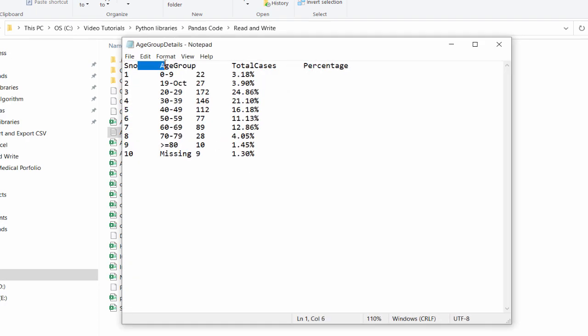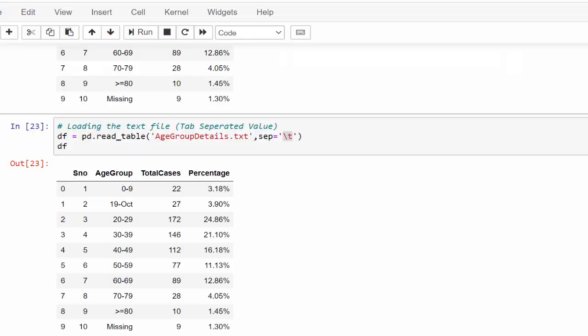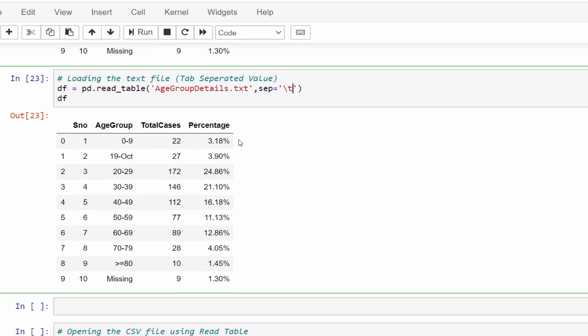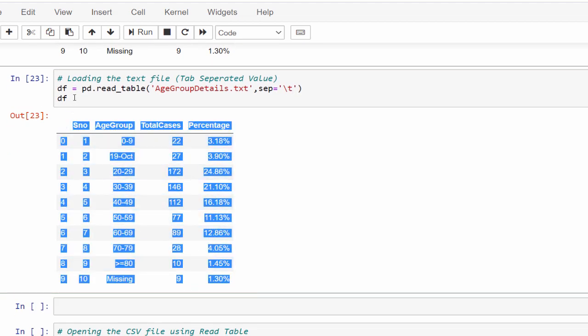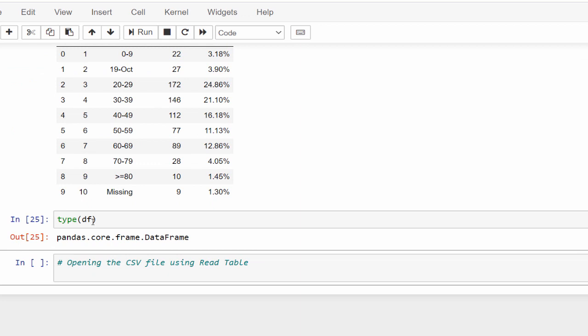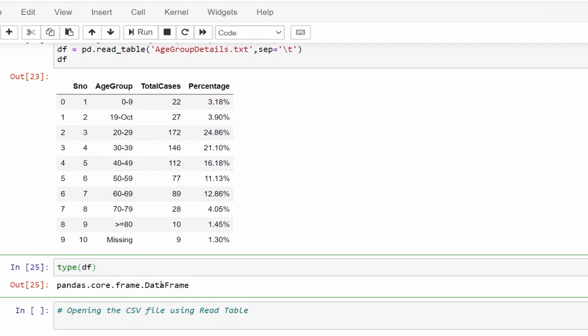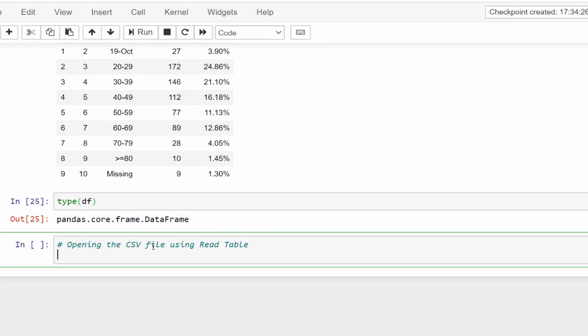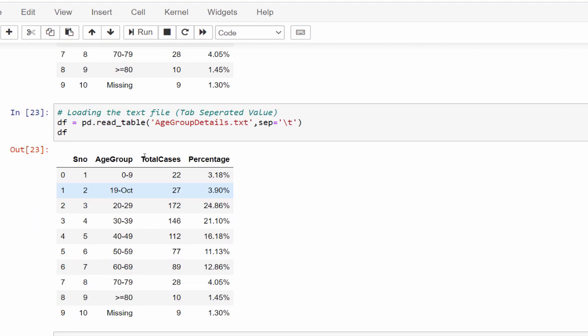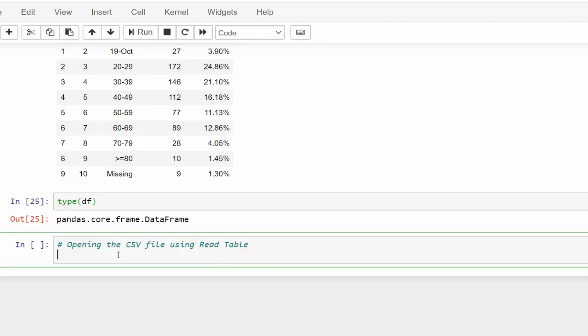Suppose all the data is separated by some special character, then within the separator you have to mention that special character, so that you will get a proper data frame. When you check the data type, initially it was a text file, now the text file is converted to a data frame.